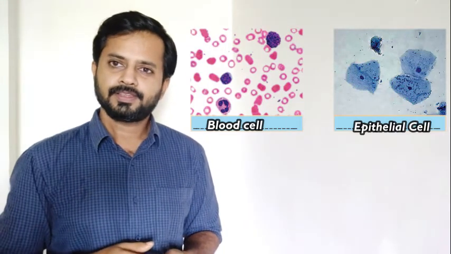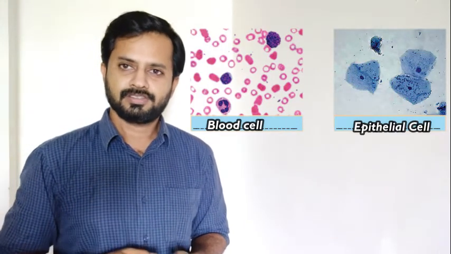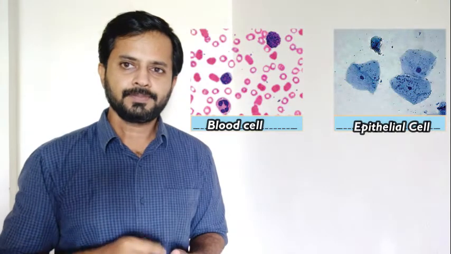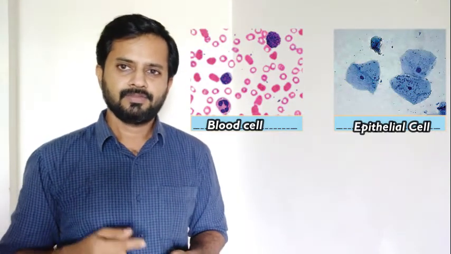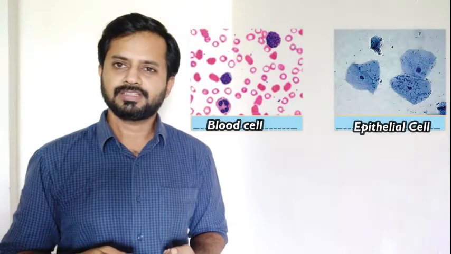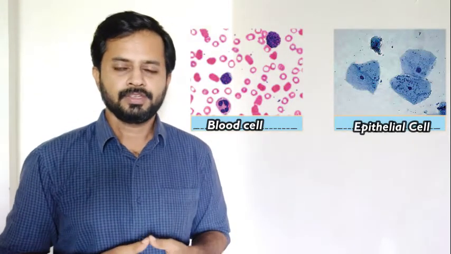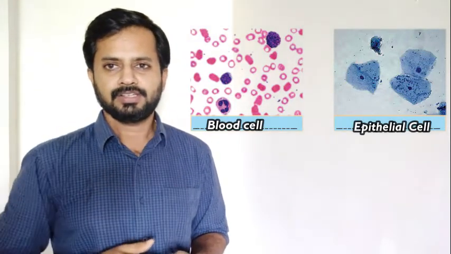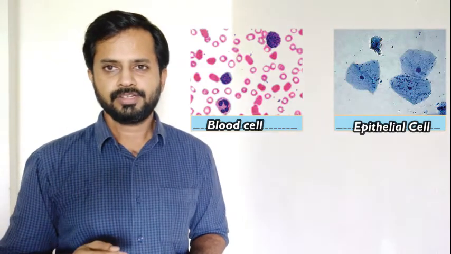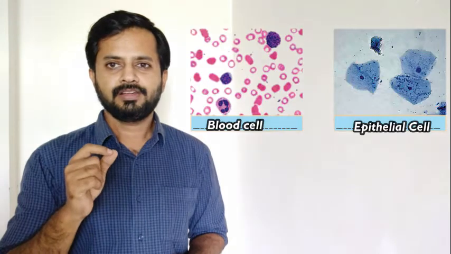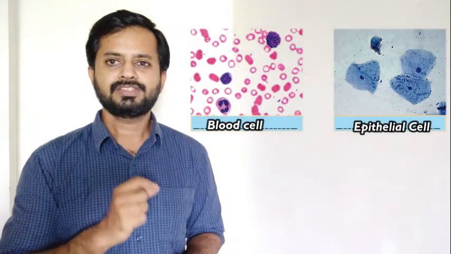The other one is blood cells. When we are testing our blood, we can see blood cells, white blood cells, red blood cells, isn't it? All those things will be there. So one is blood cell, other one is cheek cell. So the answer is blood cell and epithelial cheek cell.